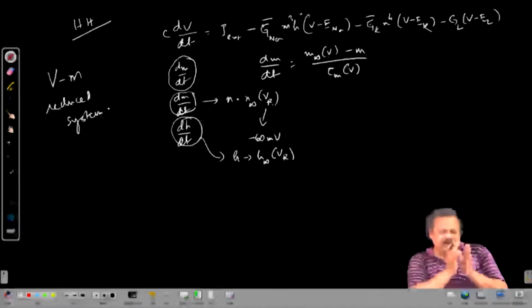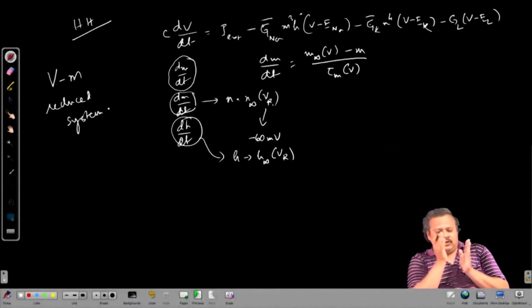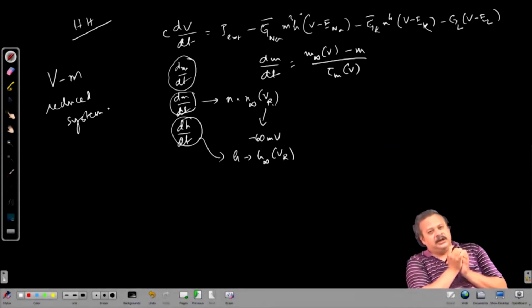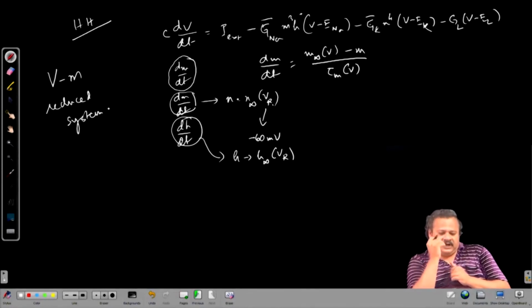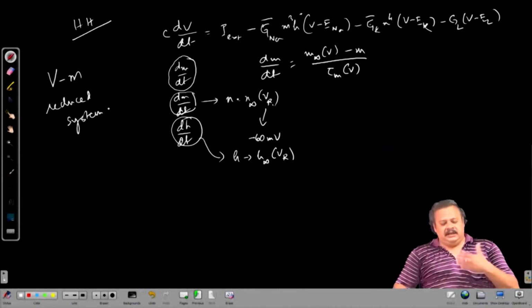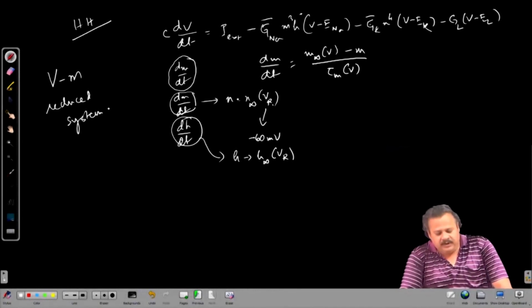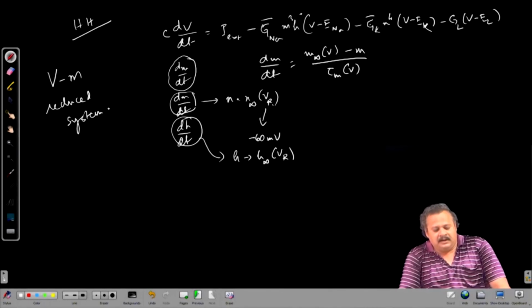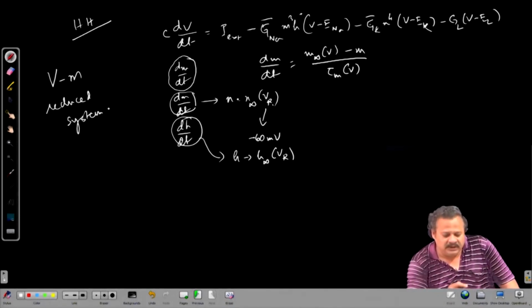So it is only in the initial 1 or 2 milliseconds that we can mimic the behavior with the reduced system. To truly model the system over longer times, we need to include n and h. But the threshold behavior is in the very beginning, when we do a current injection